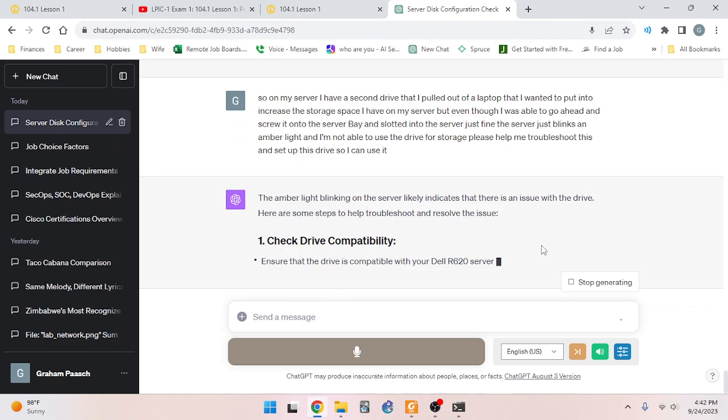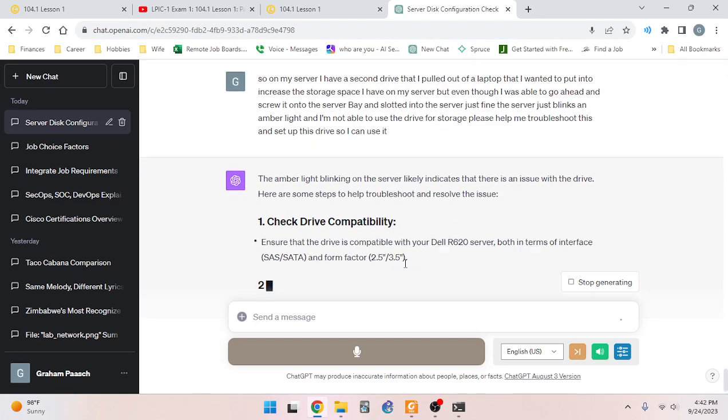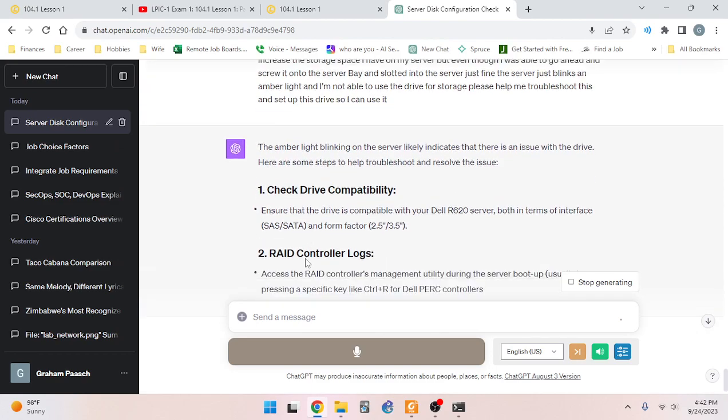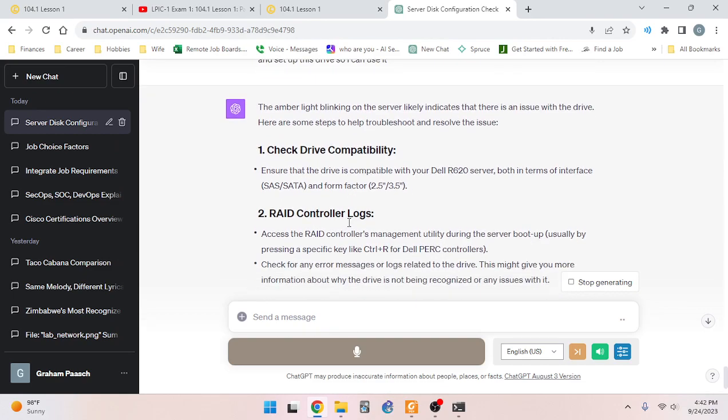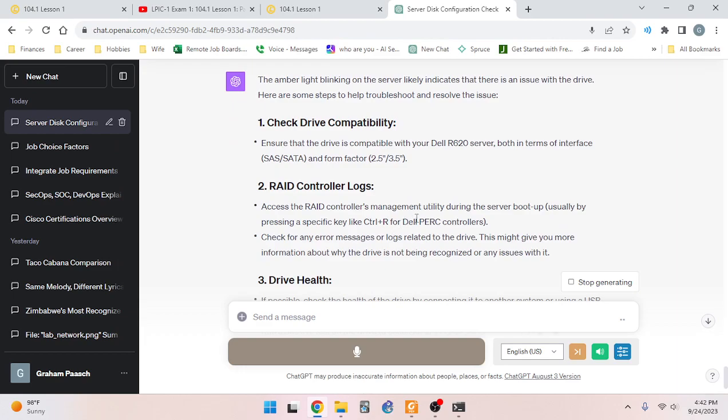Light blinking on the server likely indicates that there is an issue with the drive. Here are some steps to help troubleshoot and resolve the issue. 1. Check drive compatibility. Ensure that the drive is compatible with your Dell R620 server, both in terms of interface, SAS, SATA, and